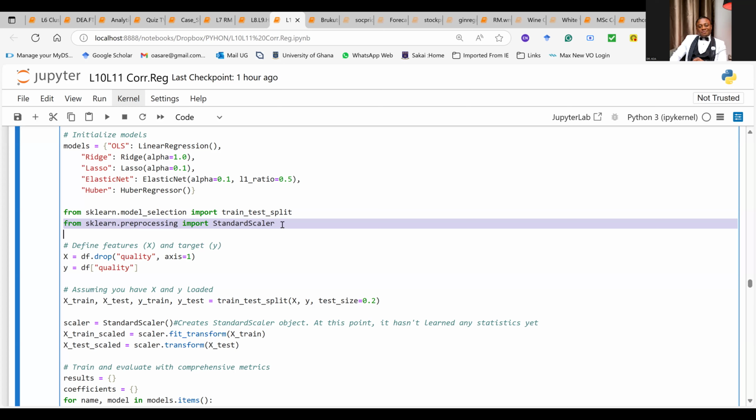Okay, with all that ready, you can now set up your dependent variable and your independent variable. You can set up your features, which is your independent variable, and you can set up your dependent variable, which is a target. So here, watch this carefully. You don't need to type all of them like we did for the OLS last time.